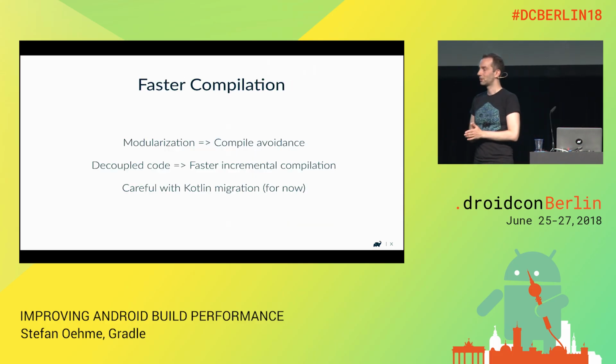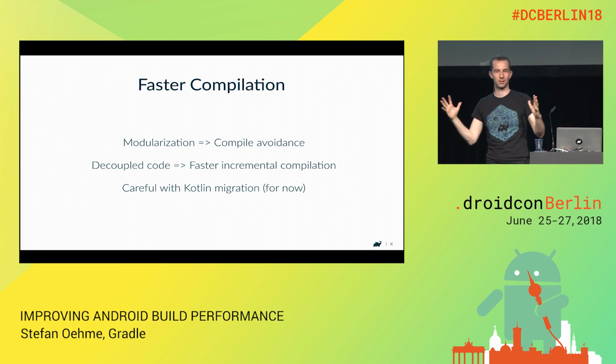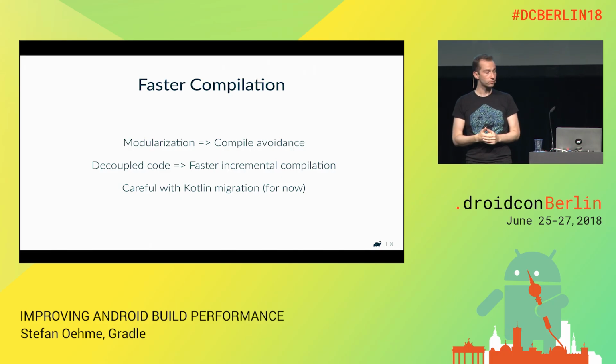Then incremental compilation. There's also a lot of stuff that could slow this down. So one problem is having one big monolithic module where all your code lives. This makes it very hard for Gradle to incrementally compile. Because